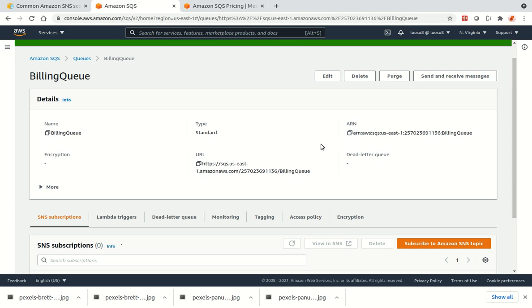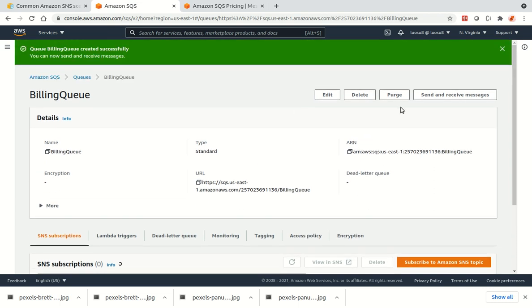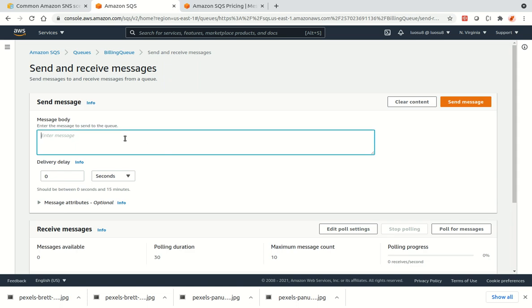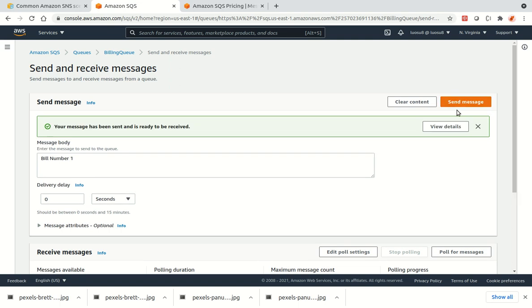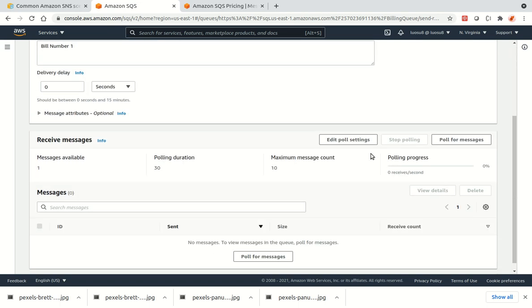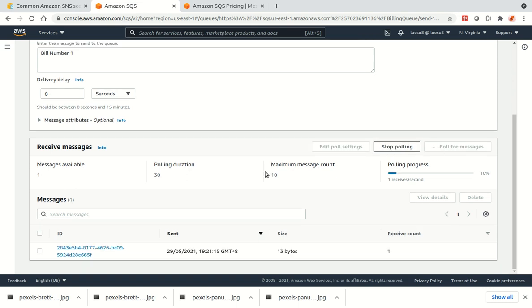Right, so now the queue's been created. It's called billing queue. If you want to see it in action, you can click send and receive messages, and you can write bill number 1 as the message, and just click send, and the message is ready to be received. It's in the queue. So you can see it if you scroll down by just clicking poll for messages, and